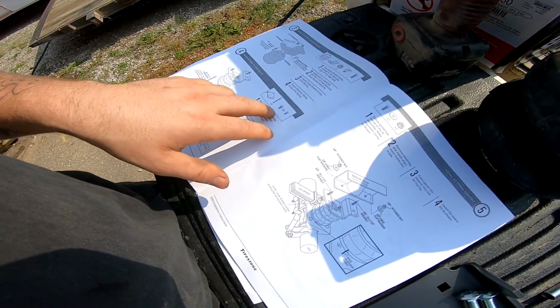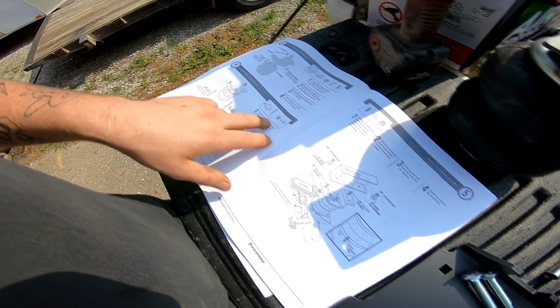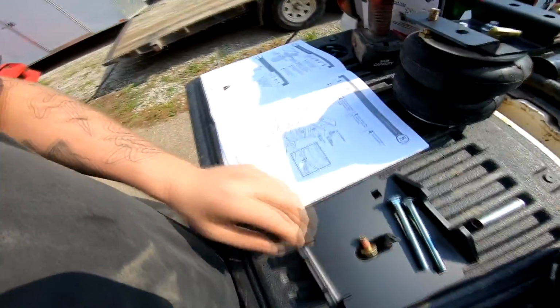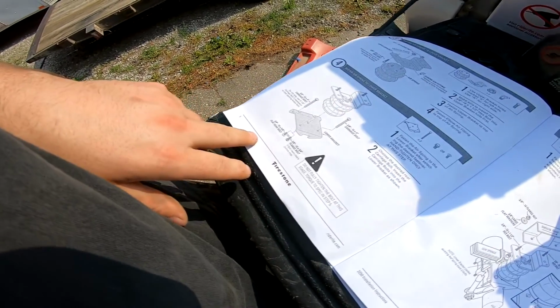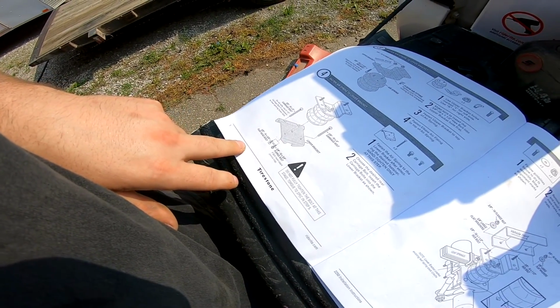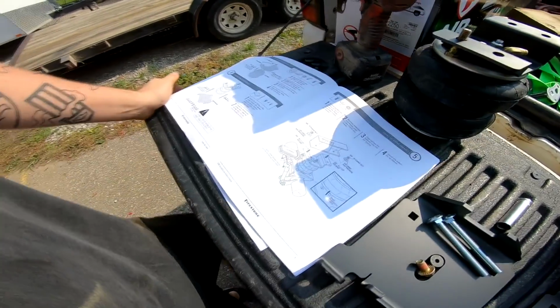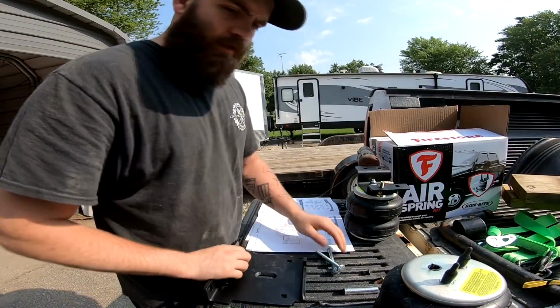Then one of these and one of these. Okay. And that looks like it goes on the bottom side of the bag. So let's go ahead and assemble that real quick and then... Okay, now,